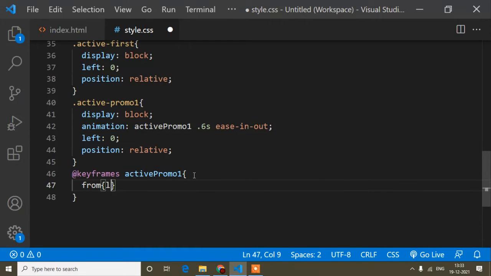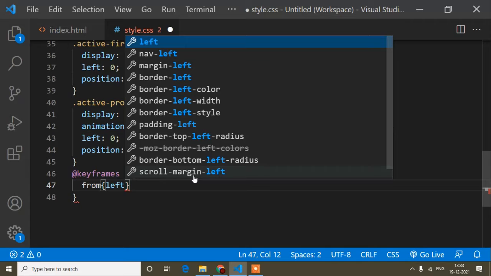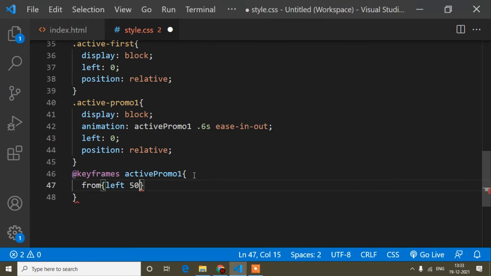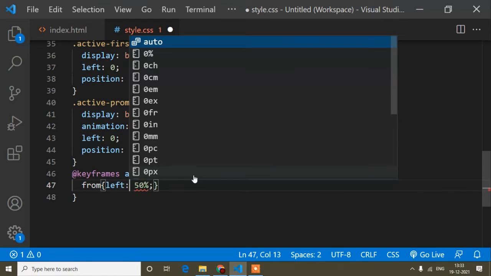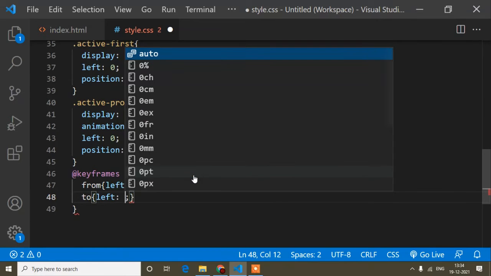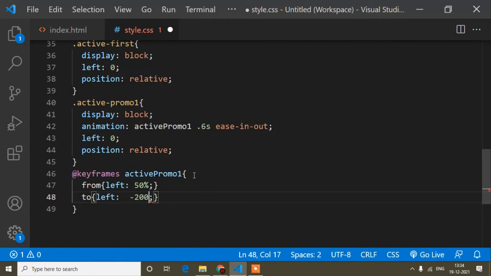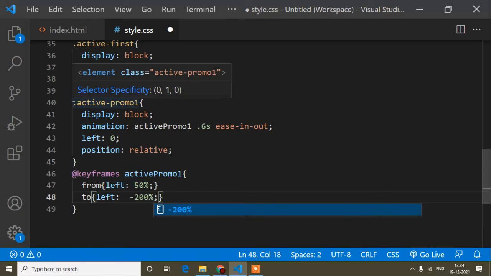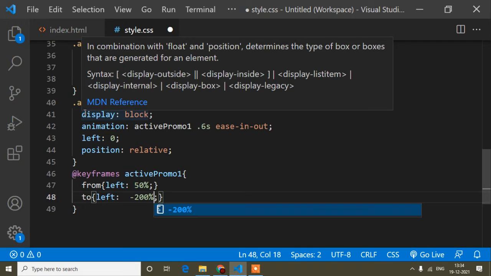So our animation will start with left at 50%, position 50%. Okay, to is left minus 200%, like this. So this is our first animation, active promo.